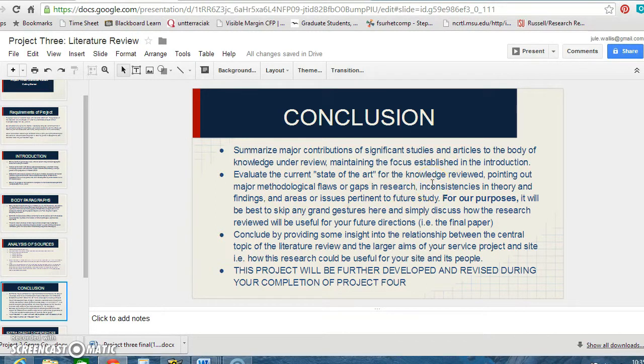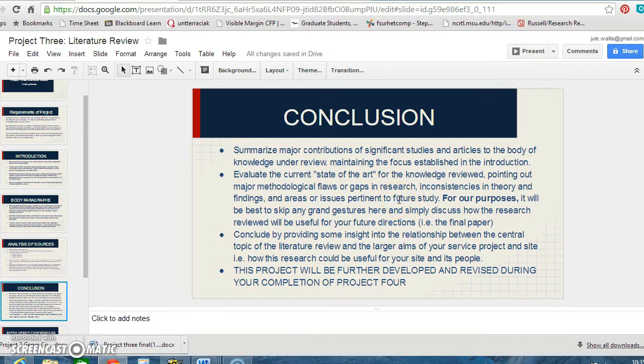Again, this is going to relate to how you've decided to organize and synthesize the literature. Were you looking at gaps in the research? Were you looking at major methodological flaws? Were you looking at inconsistencies? Or were you looking at the need to further investigate or further study this topic? You'll have to choose and then use that in your conclusion to tell us, what does this all mean if